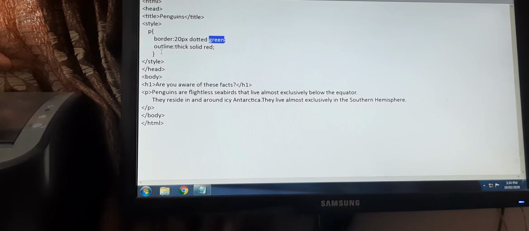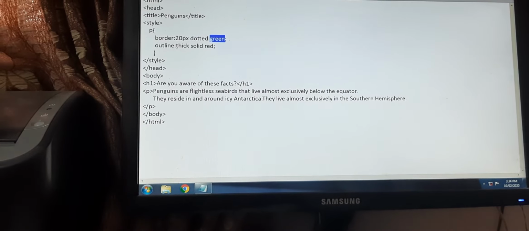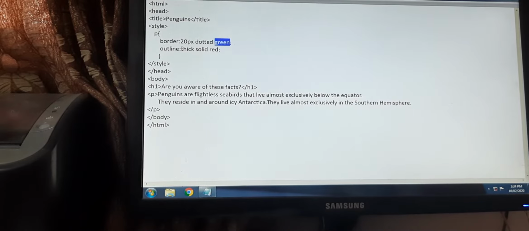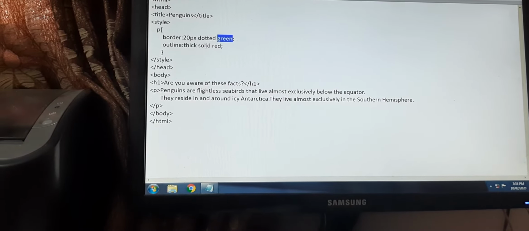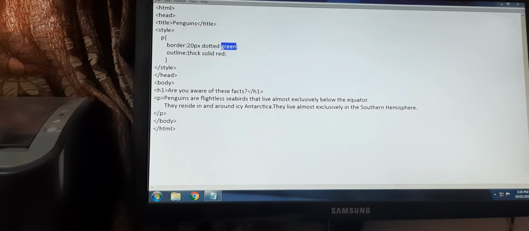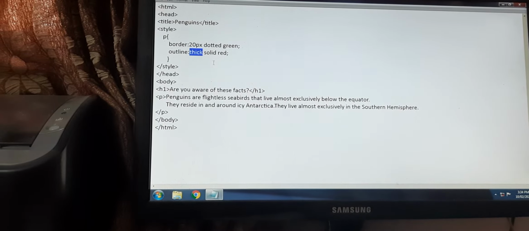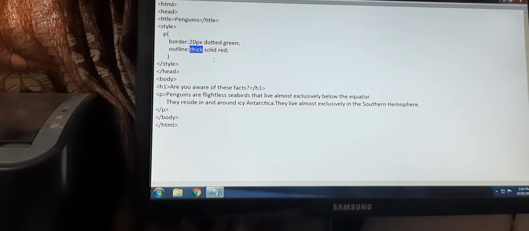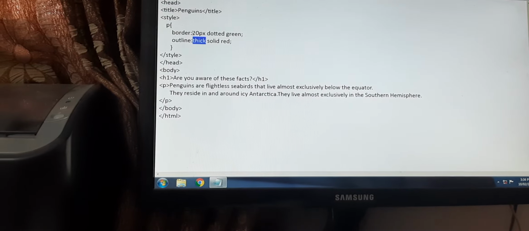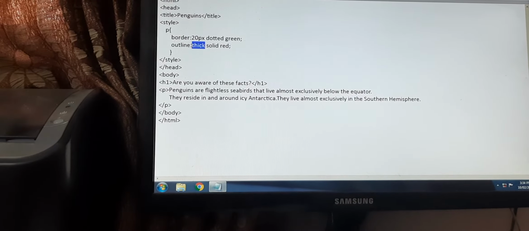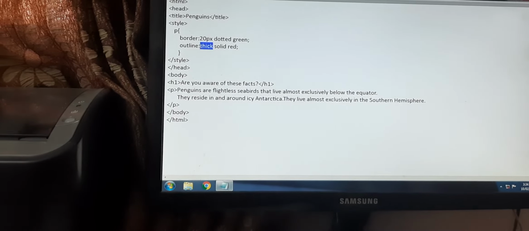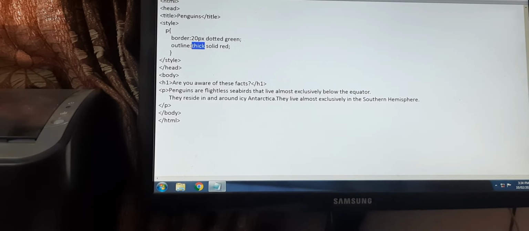Then here you have your outline. Under that also you have 3 values given here. The first one is thick, the second one is solid, and the last one is red. Thick denotes the outline width. Yes children, border width was denoted in terms of pixels, whereas outline width is generally specified using 3 values: thin, thick, and medium.